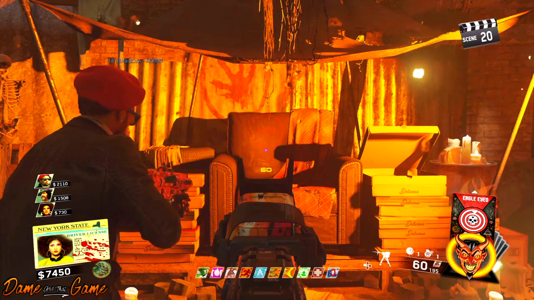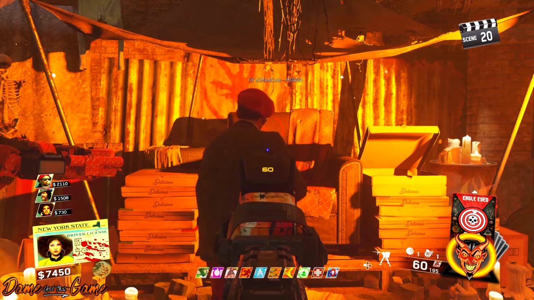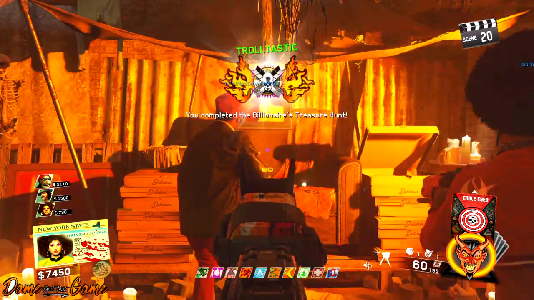Today I bring you the full tutorial for the David Savage $1 billion treasure hunt Easter egg in DLC 2